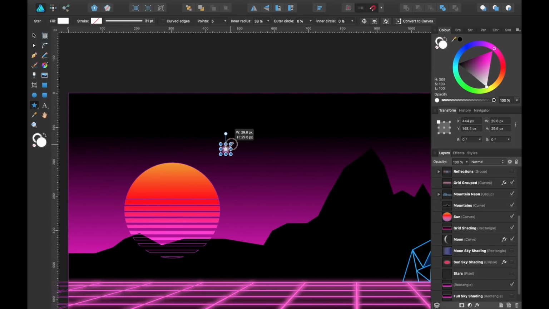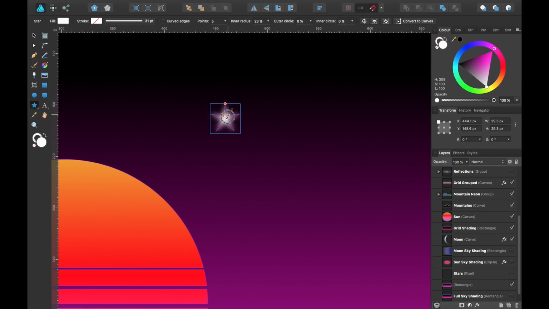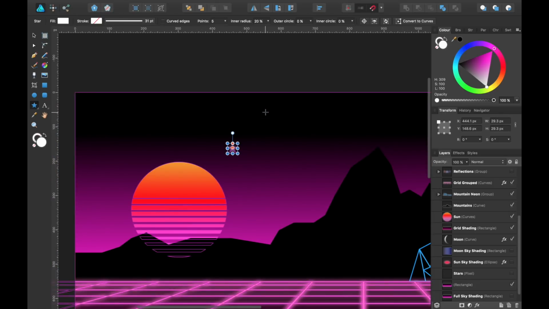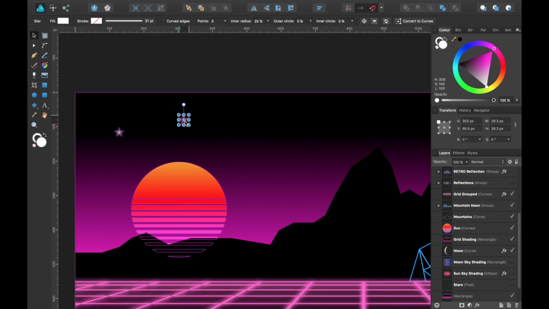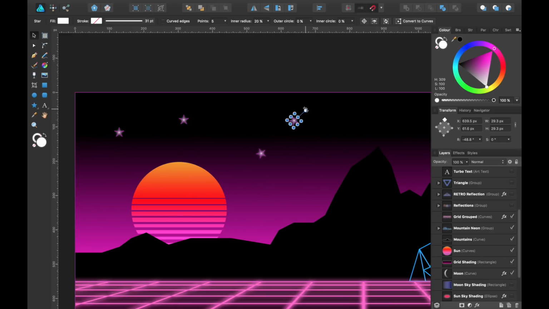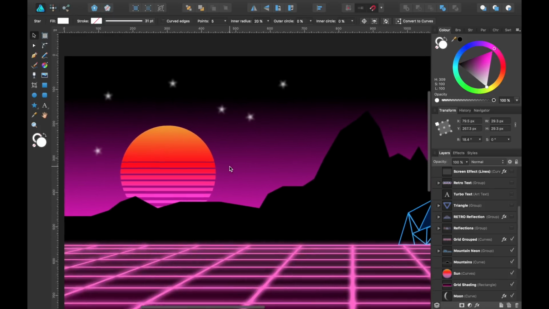I'll make it a little bit smaller, and I'll drag these in a bit because it doesn't look too much like a star. There we go. So once you have that, you can simply click command and drag across and just keep making them. I'll put some to the side so it looks a little bit better. So make some bigger, make some smaller, and you can see how it works there.